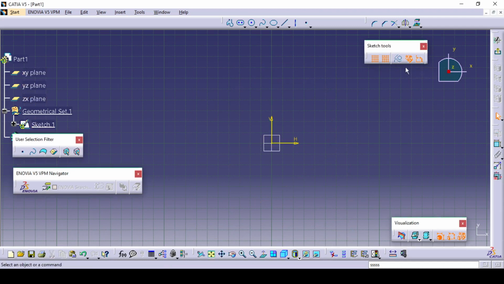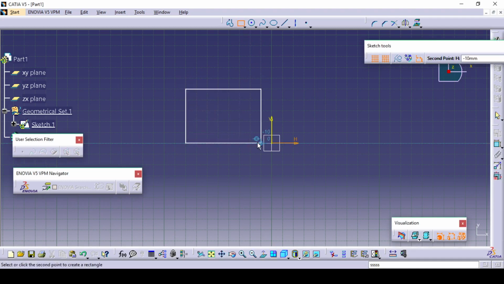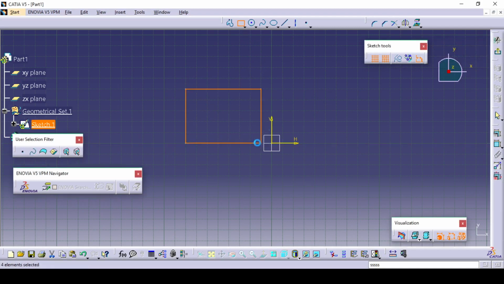Now you can see the last two options, which are called geometrical constraint and dimensional constraint. Let's first try to understand the geometrical constraint. Now it is on, let's try to switch it off. If I try to draw a rectangle, this is without a geometrical constraint, as it is off. Now you can see this rectangle.